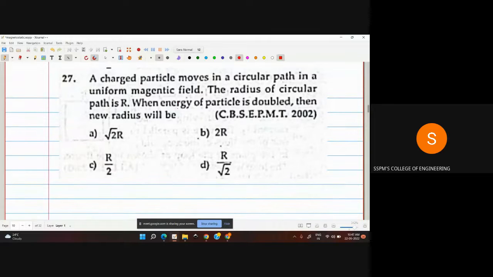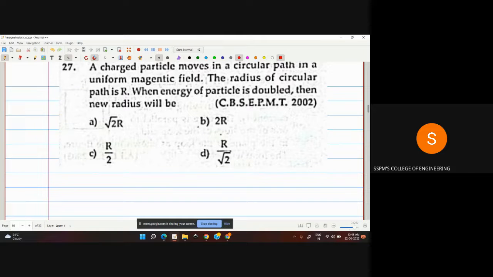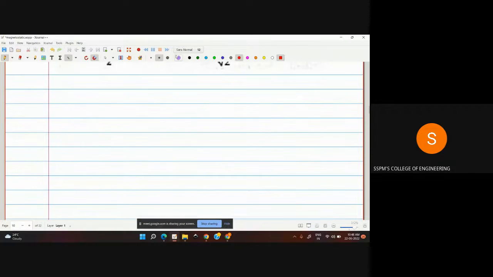Next, a charged particle moves in a circular path in a uniform magnetic field. The radius of the circular path is R, and when the energy of the particle is doubled, then the new radius will be. आता हे एक्झाम्पल काय आहे, रोटेशनल मोशन वर आहे. The charged particle is moving in a rotational path, isn't it, in the presence of a magnetic field. And what is the equation for the magnetic force